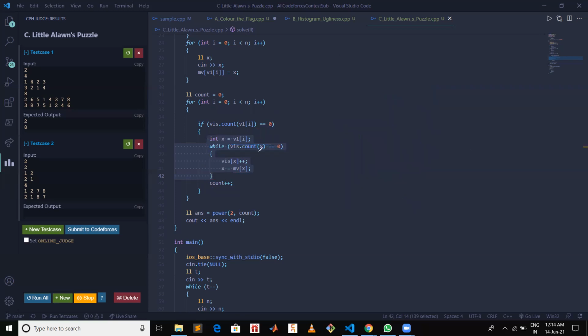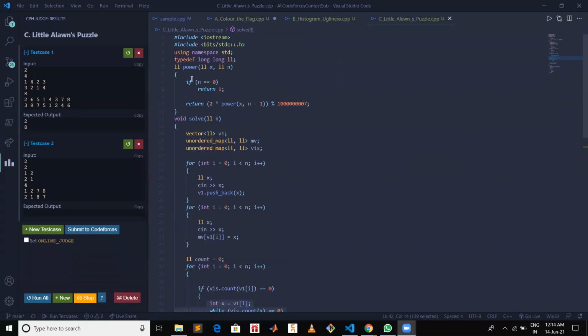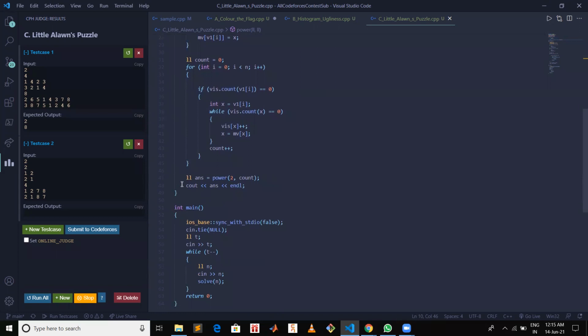So once we get the count from this loop, we are finding 2 to the power count, since the summation of binomial coefficients is 2 to the power n, which I showed you. Since this power could be very large, here I am calculating it with this as my base case, and I am calculating 2 into the power of count, decreasing the exponent by 1 each time, and I'm taking the modulo in case it's getting out of bounds. And then finally I'm just printing this. All right, so this was the basic solution.